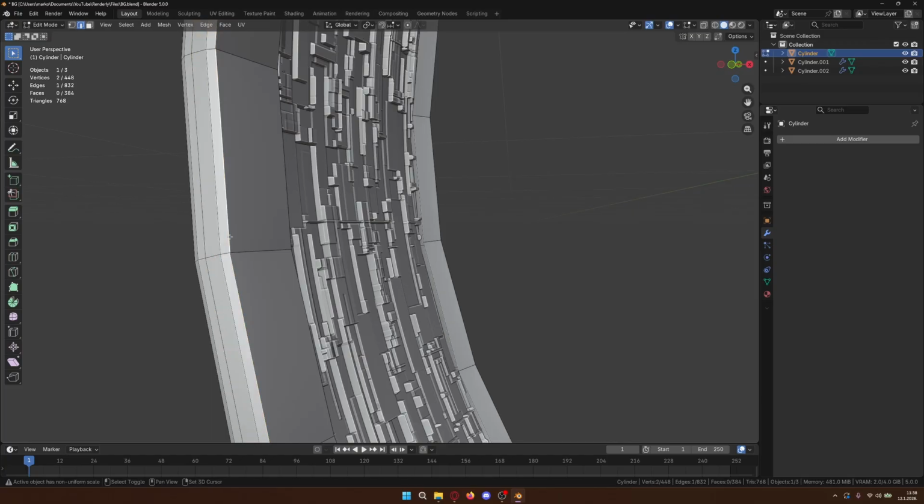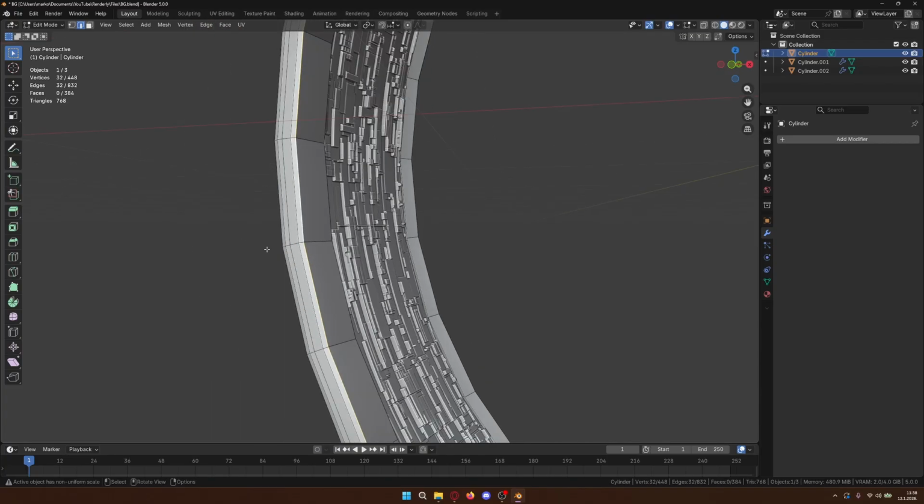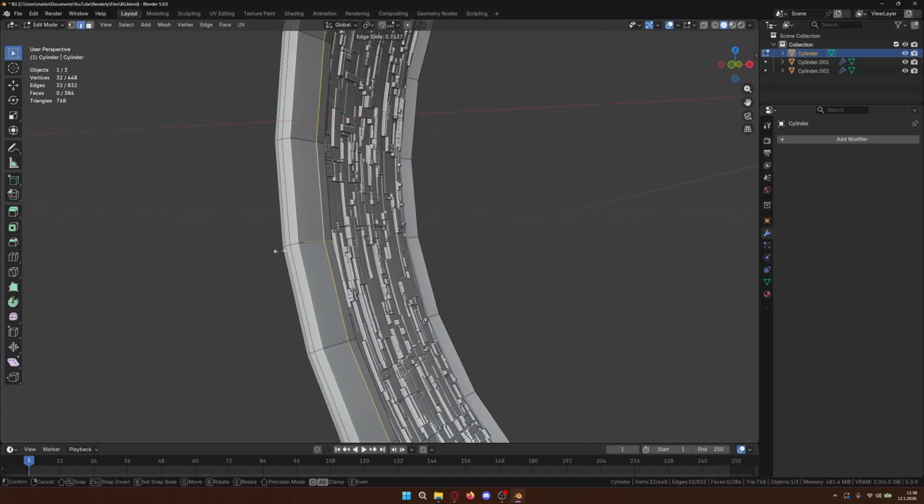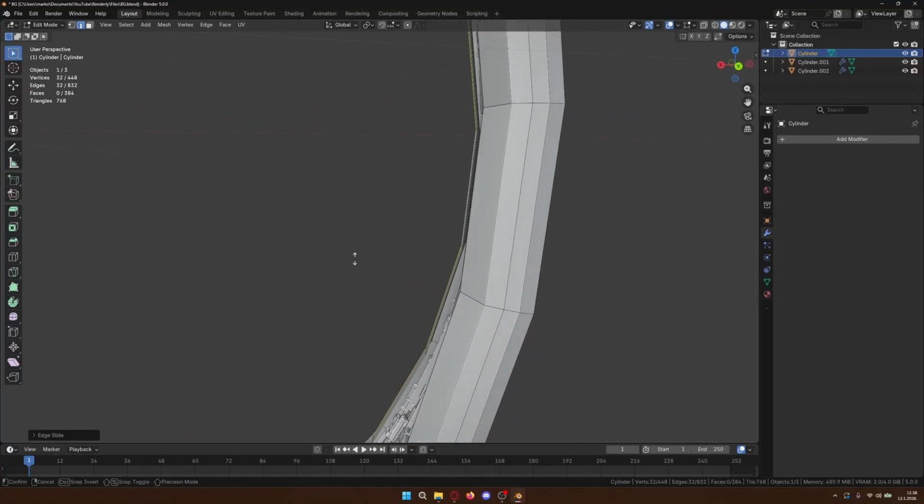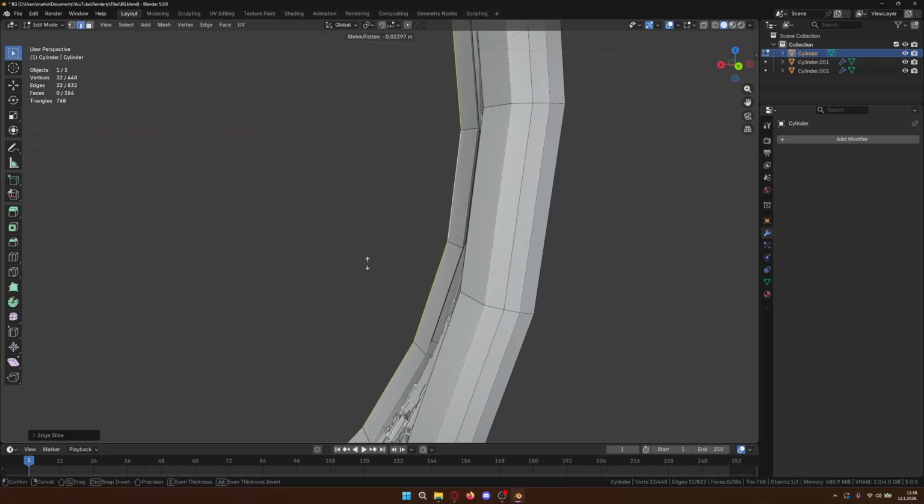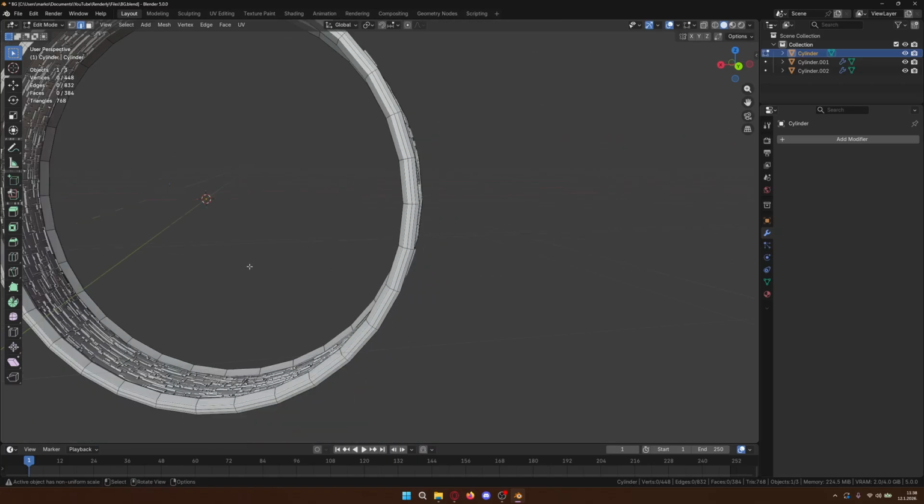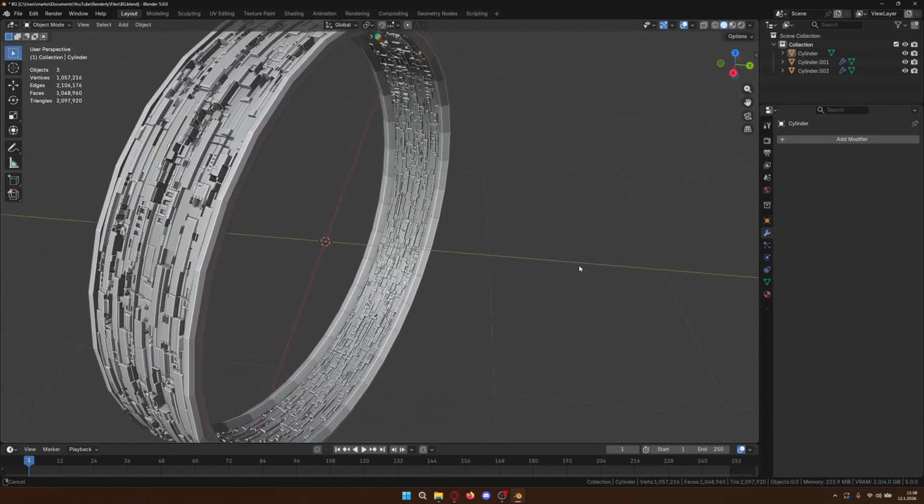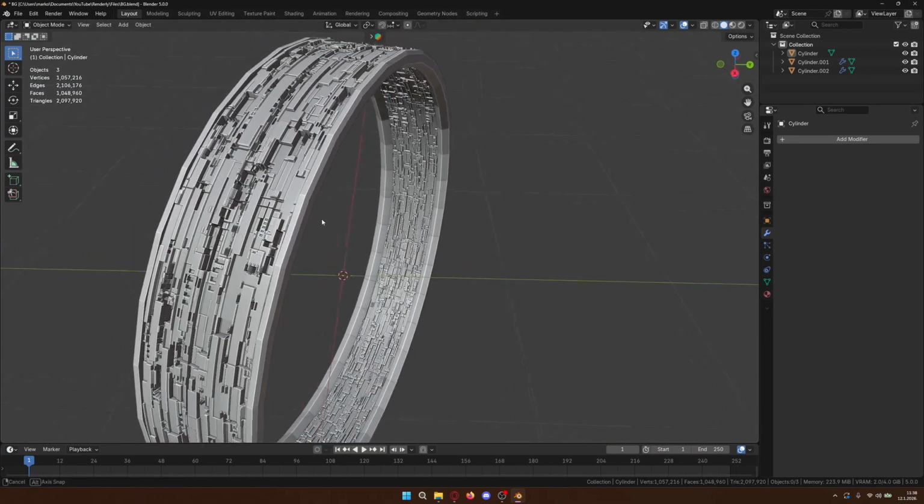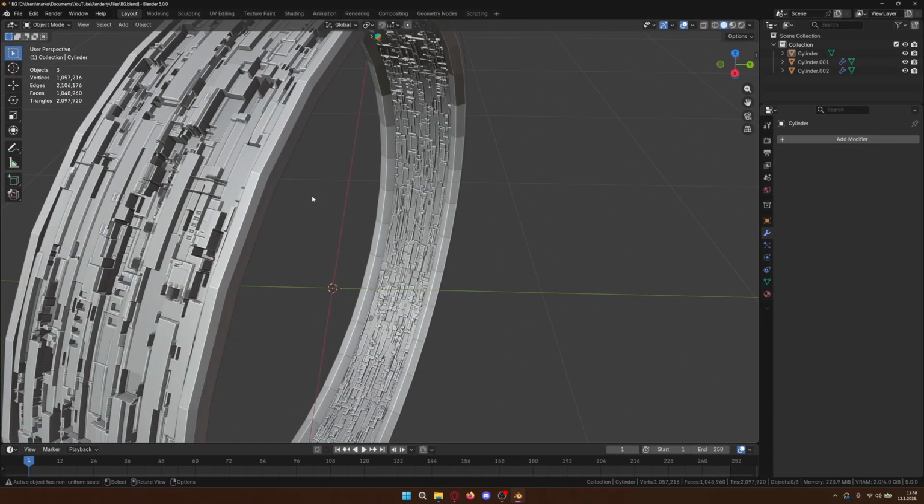Perfect. And now select this loop, double G to slide it, right about here, and then Alt S to scale it in, so we get that nice edge. There we go. Now, if you want, you can do a lot more things. Like we can do